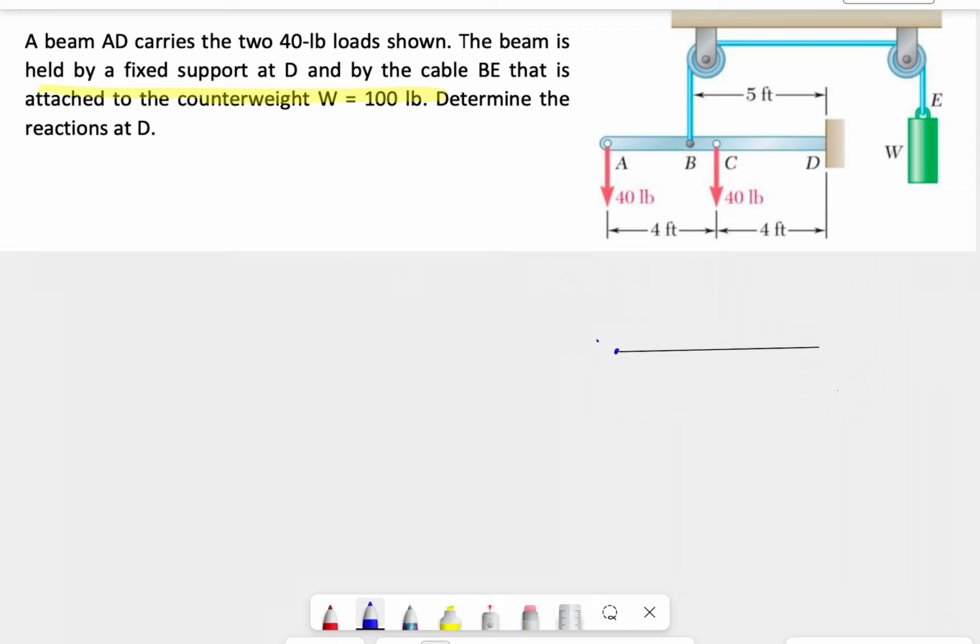So let's call this point A. We have the 40-pound force in here. At point B, we'll have the tension in the cable, and at point C we have the other 40-pound force,